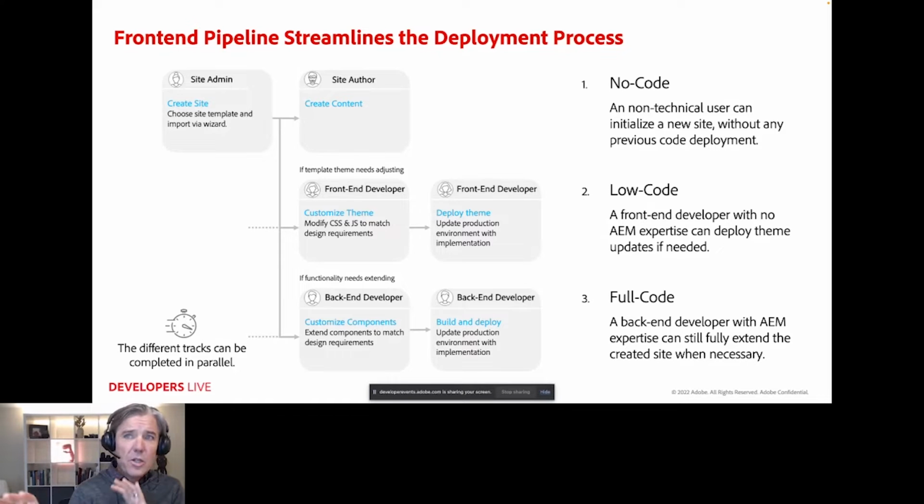So really the new element to this is the low-code front-end developer workflow. What we're going to go through today can be worked on in parallel, so the front-end developers and the back-end developers can work independent of one another, or you could combine them together as a deployment. This really depends on your governance practices.